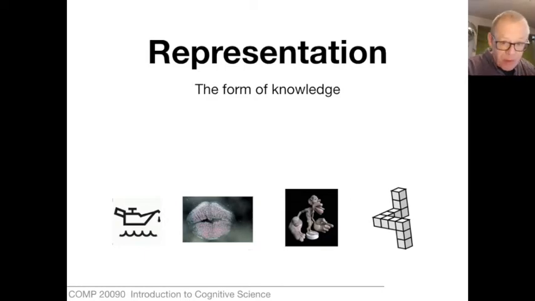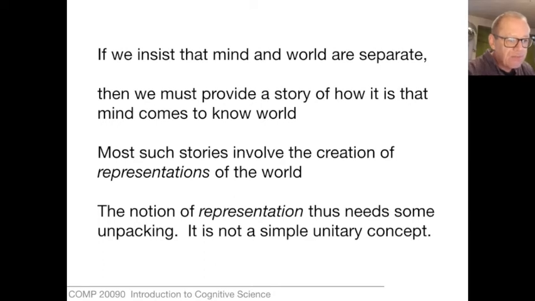We've encountered several different traditions within cognitive science. One of the problems that lurks at the core of all the questions we're asking is the problem of dualism, insisting that mind and world are somehow separate. We seem to be both committed to this and to recognize at the same time that it's a very, very problematic way of describing ourselves. But if we're going to place minds in brains, in heads, then we need some kind of a story of how the mind comes to know the world.